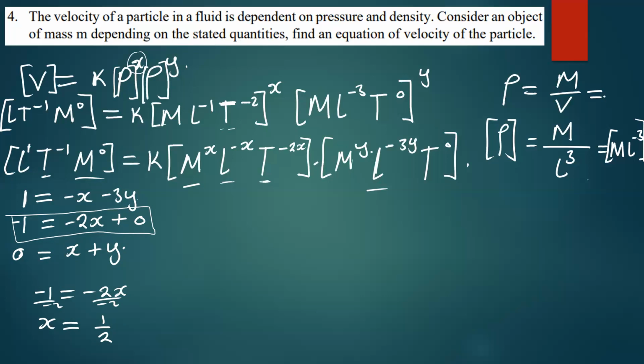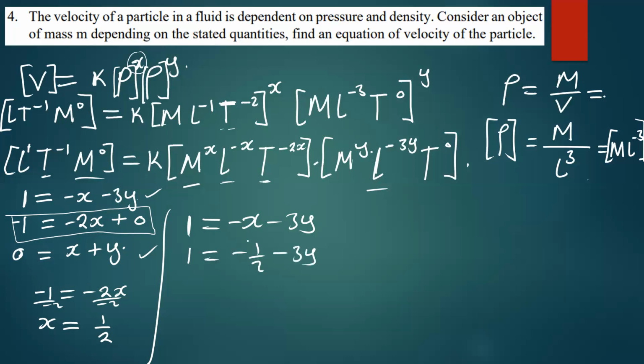To find the value of y, you simply have to get another one of these remaining equations here. So I can even get the first one. If I get the first one, I'm going to have 1 is equal to negative x minus 3y. So while x is 1 over 2, I'm going to have 1 is equal to negative 1 over 2